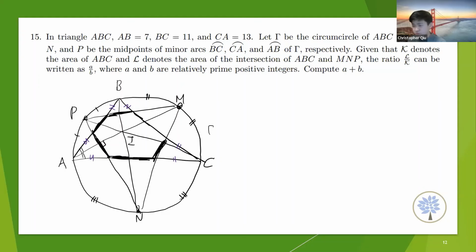So one thing we can wonder is, is there any way we can easily find this area? It turns out, since we have a really irregularly shaped hexagon, which is the intersection of two triangles, given this information we don't really have a nice way to find the area. So what can we do to this shape to make it easier to find the area? There are a few things that are interesting about the shape. Firstly, it's not too hard to notice that